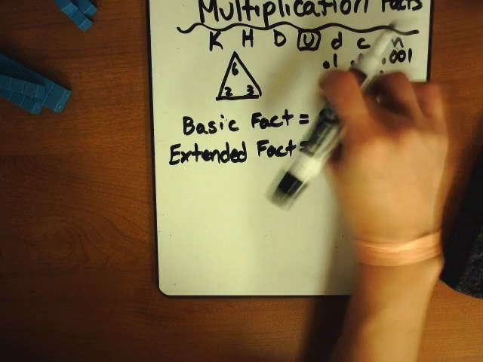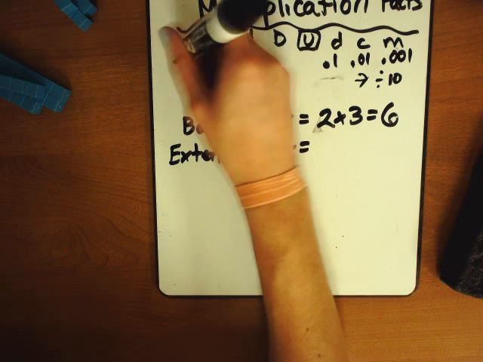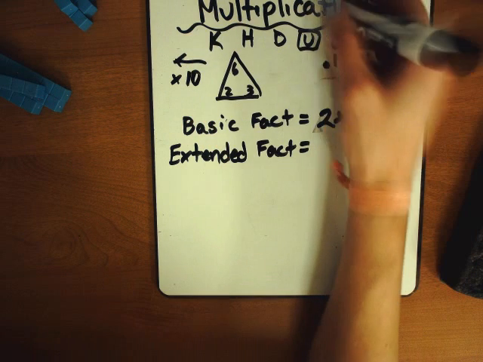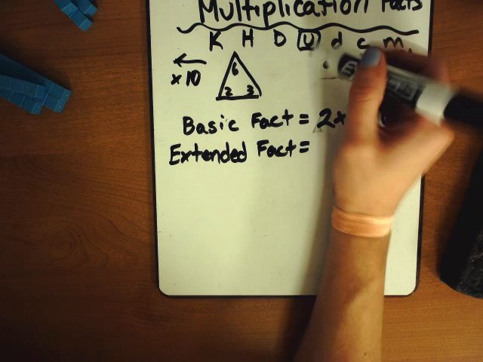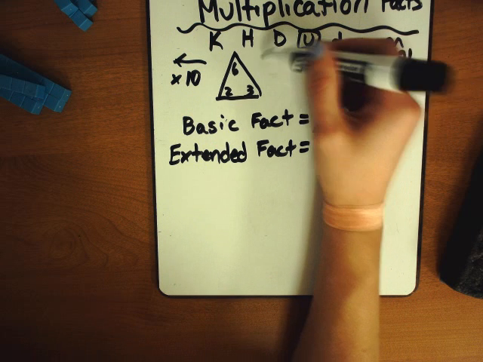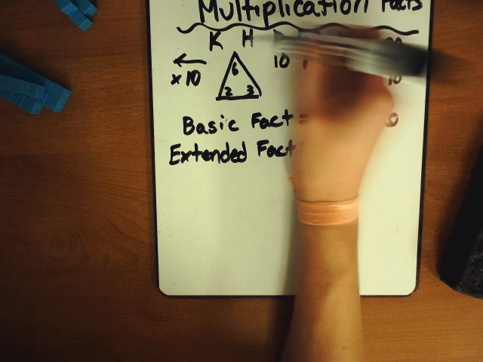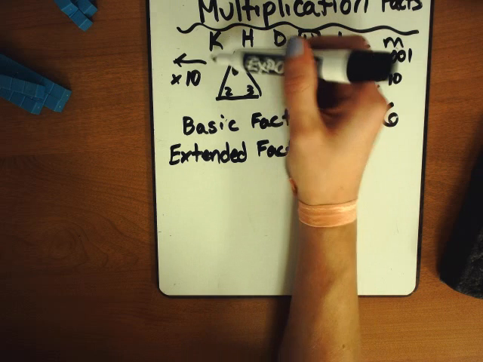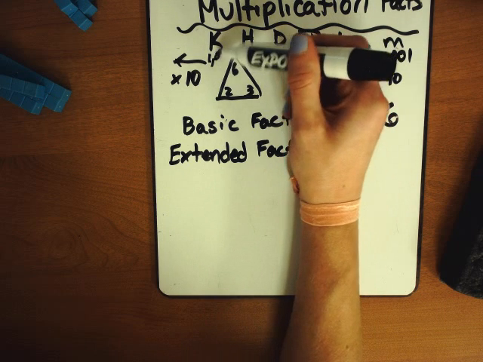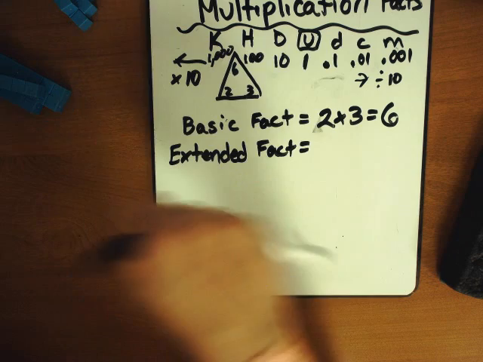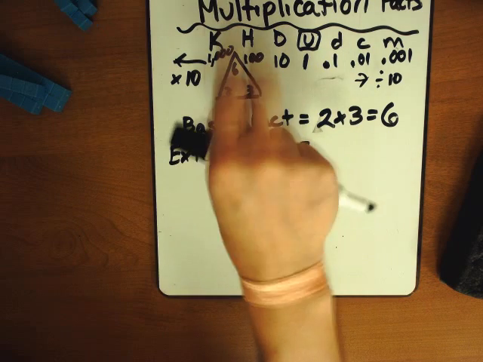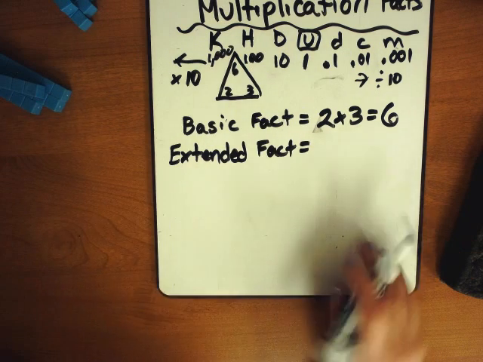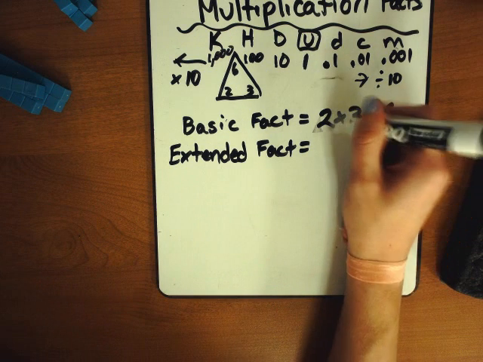So each time I'm adding a 0 going this way, I'm multiplying by 10. So my base unit of 1 times 10, my decameter, my hectometer is 100, my kilometer is 1,000. So as I'm moving on this place value chart, every time I'm adding a 0, it's times 10. So thinking about that with extended facts then,